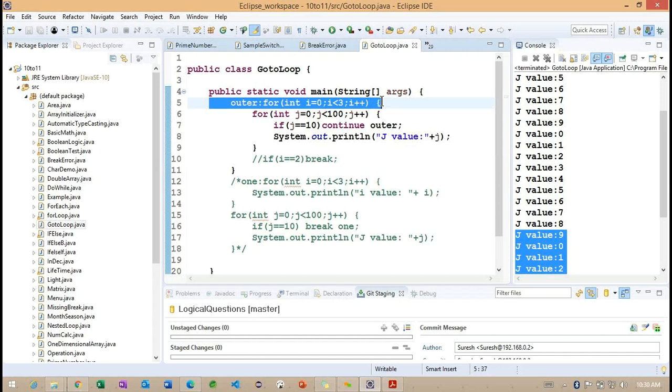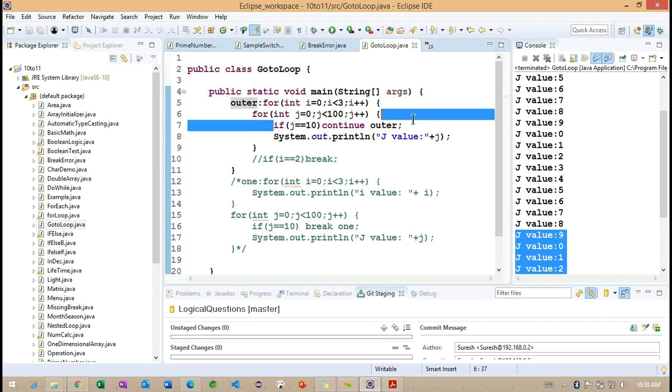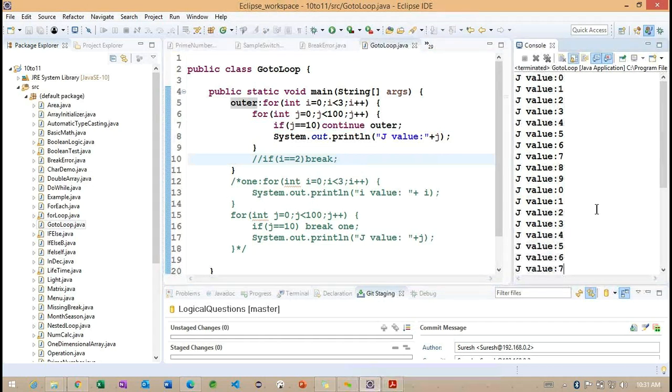Again, it's going to start with the i value 1. And when this condition is satisfied, the i value 1 also is going to terminate it. Again, it's going to check with the 2. So the condition is going to be satisfied for the second i value also, which is going to terminate it here. So this is the difference between break and continue. We identified we are getting the 3 times values when we are using continue. When we are using break, only one time we are getting it here.